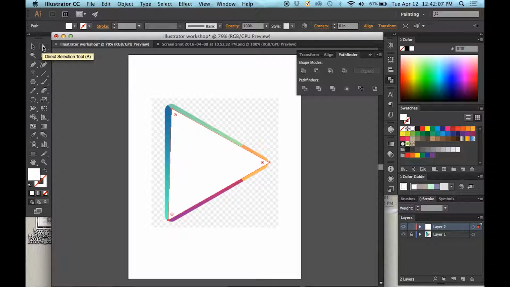So if you click on the direct selection tool, you can change the curvature of the triangle. So could you go over the layer thing? Yeah, so to make a new layer,